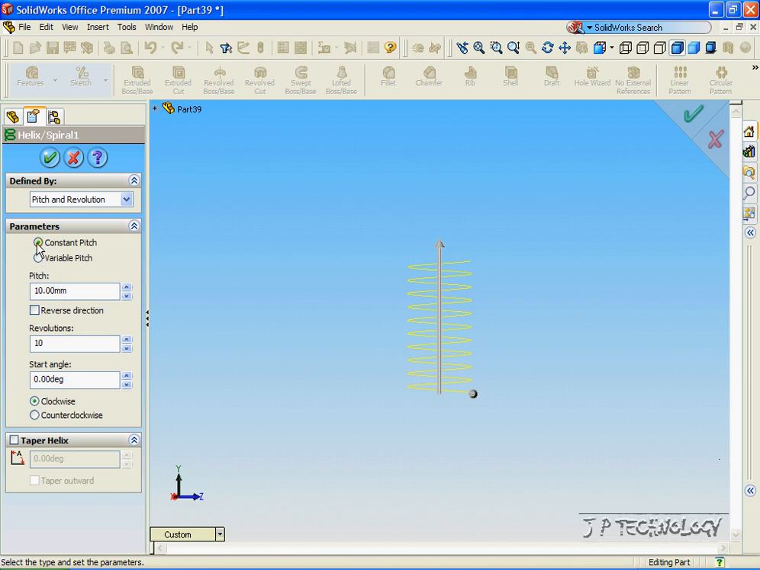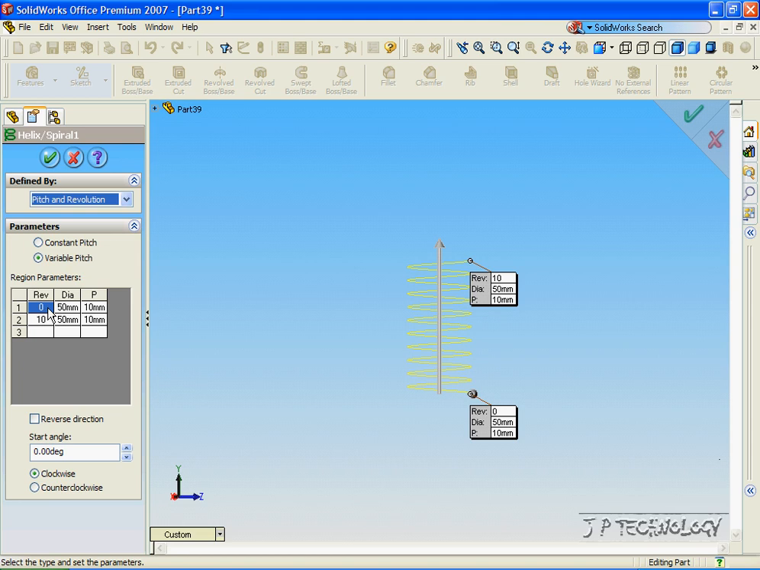Now, instead of doing a constant pitch, we're going to do a variable pitch. So this is going to be more like an automotive spring. So let's click Variable Pitch. And now we're able to adjust in more detail the pitch. So for the first line, let's have 0, 50, 10. For the second line, let's have 2, 100,